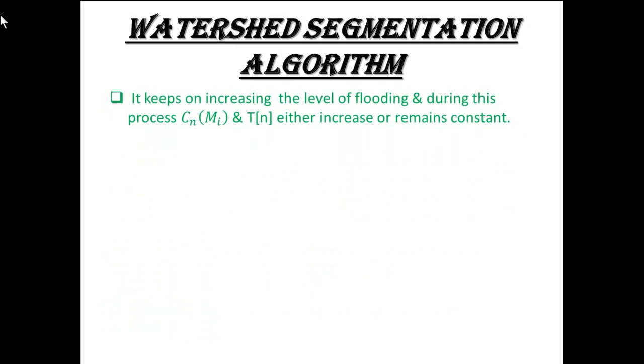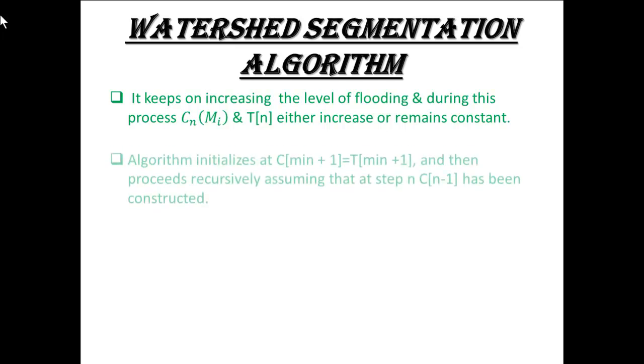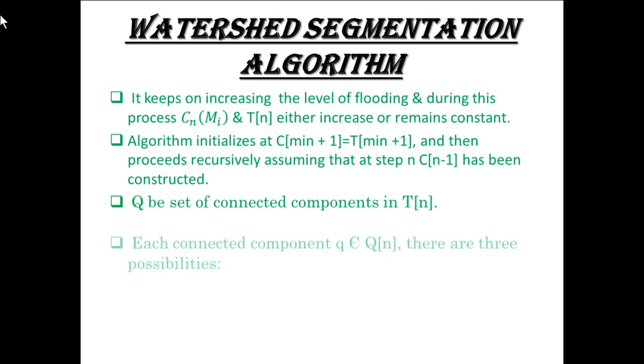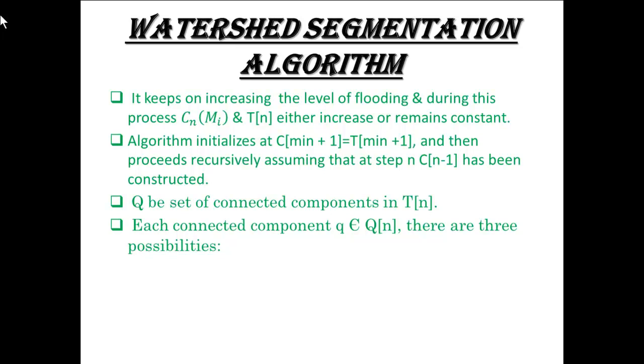It keeps on increasing the level of flooding, and during this process Cn(Mi) and T[n] either increase or remain constant. The algorithm is initialized with C[min+1] equals T[min+1] and then proceeds recursively, assuming that at step n, C[n-1] has been constructed. Let Q be the set of connected components in T[n]. For each connected component q belonging to Q[n],